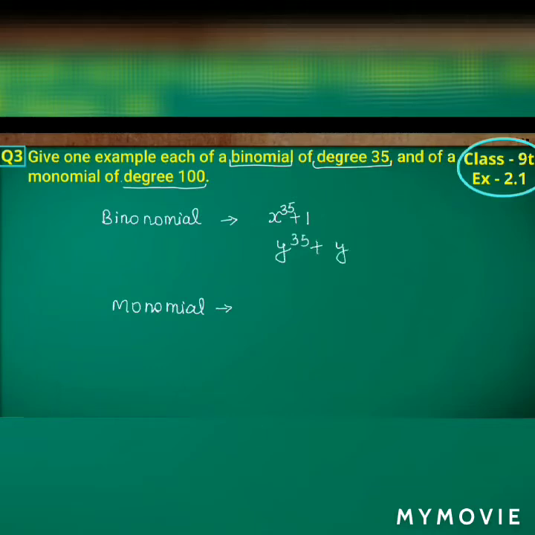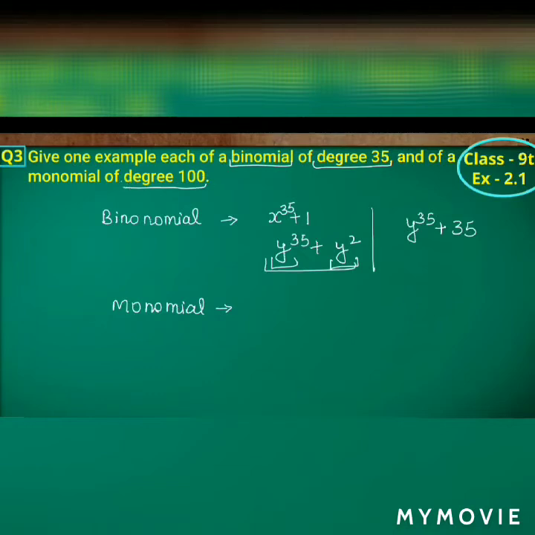Either you can take in terms of other variable also, that is y power 35 plus y square. So don't bother about why I have taken y square here. Since the highest power we have to worry about, the highest power is what here? Already we got y power 35. So it can be y square, y power 0, 1, 2, 3, whatever. Or else we can take other terms also, y power 35 plus 3. So again it is having two terms, but the highest power is 35. So it should have two terms, but the highest power should be 35 here.